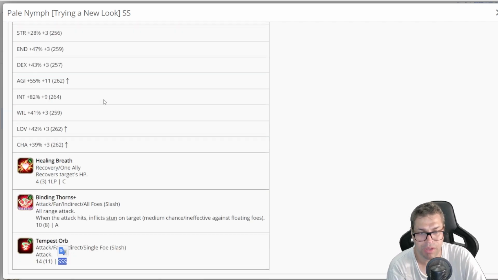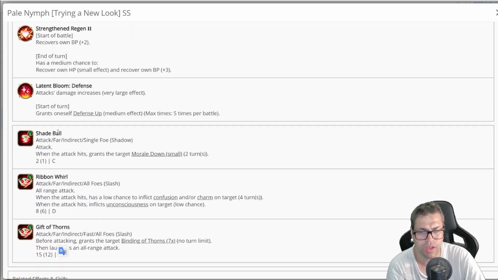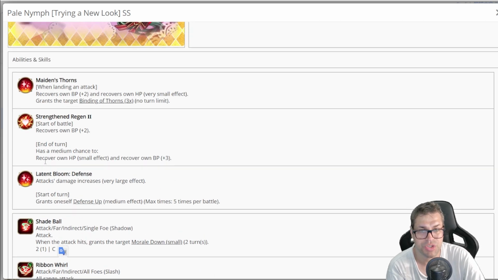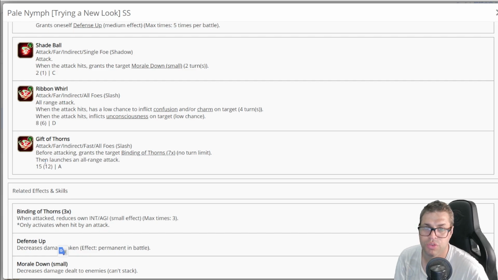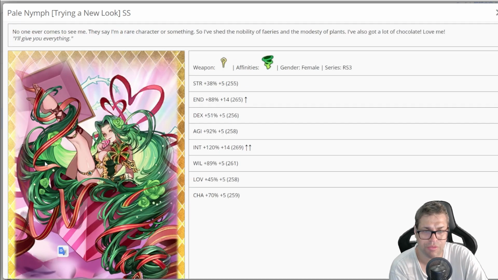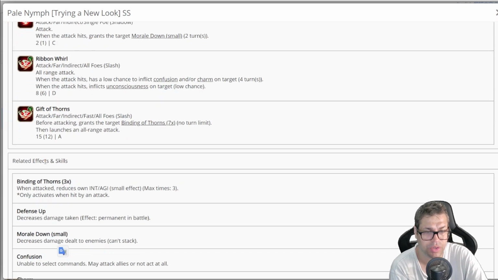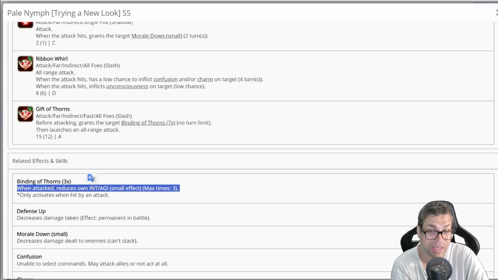So the problem is that it costs 11, and the first skill costs 1, and she only has 5 per turn. That means that you need BP batteries, either Liz or Noel's daughter, in order to take advantage of Pale Nymph. But to be honest, we do have plenty of different debuffers. The good thing about Pale Nymph is that she debuffs intelligence and agility at the same time. Status that are used for accuracy of spells, but